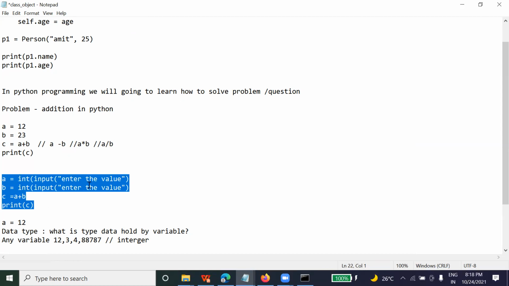Did you understand the difference between these two programs? Yes. Now you tell me what difference you have analyzed. If we want the answer for different kinds of values, we use this one.